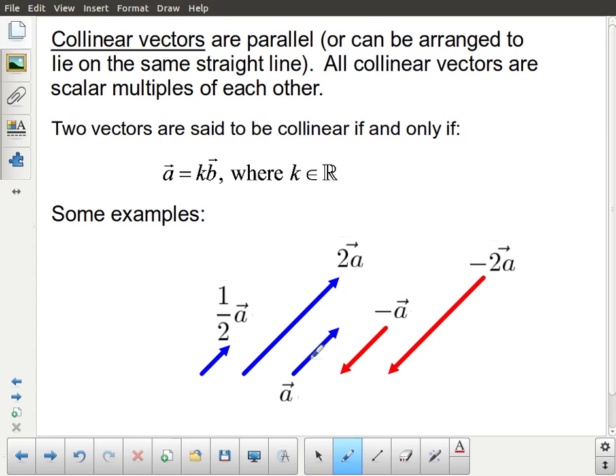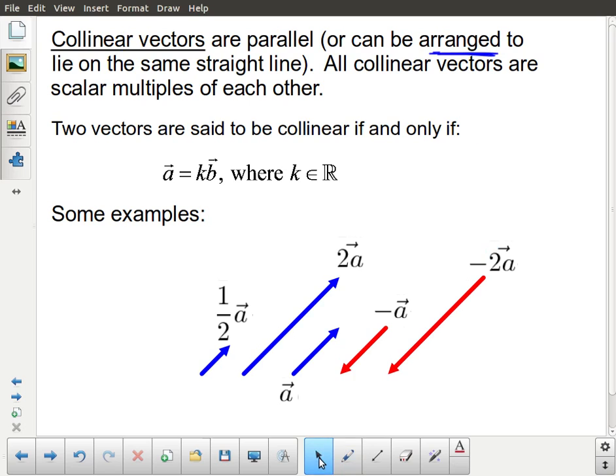So again, I've started with my original vector A, and so what are some examples of collinear vectors? Well, basically anything that's parallel to A, whether it's parallel and in the same direction or in the opposite direction. It's also important to note that collinear doesn't mean that they're on the same line, although you would think that collinear, doesn't that mean collinear, same line? They share a line. But this point is important, is that they can be arranged to lie on the same